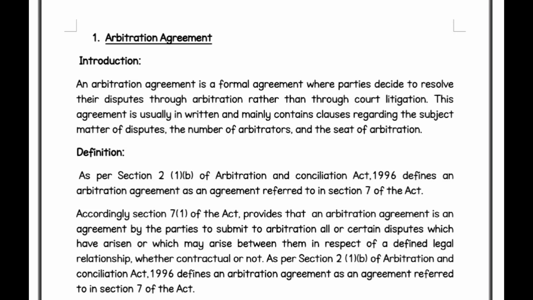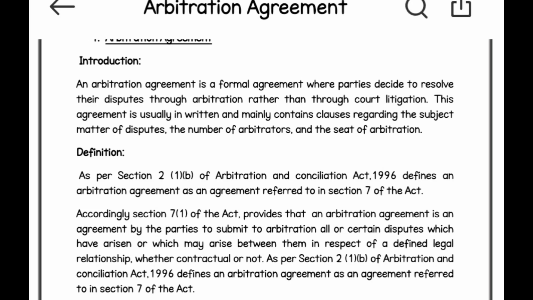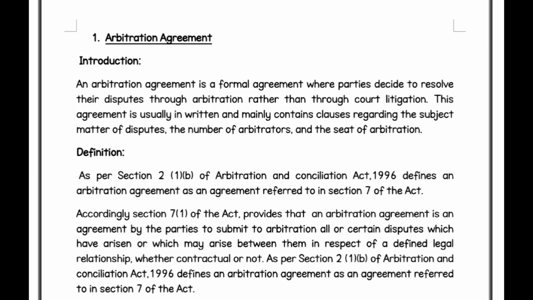As per Section 2(1)(b) of the Arbitration and Conciliation Act 1996, it simply provides that an arbitration agreement is an agreement referred to in Section 7 of the Act. So we have to refer to Section 7 to understand what is meant by an arbitration agreement. Accordingly, Section 7 of the Act provides that an arbitration agreement is an agreement by the parties to submit to arbitration all or certain disputes which have arisen or which may arise between them in respect of a defined legal relationship,